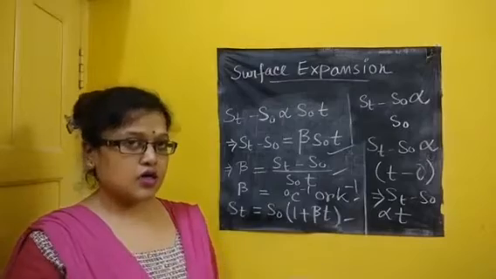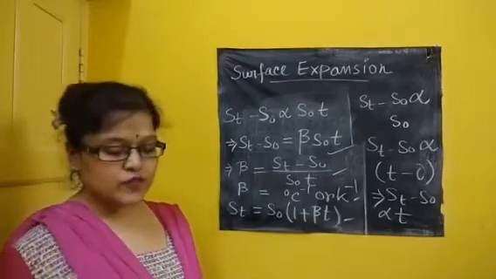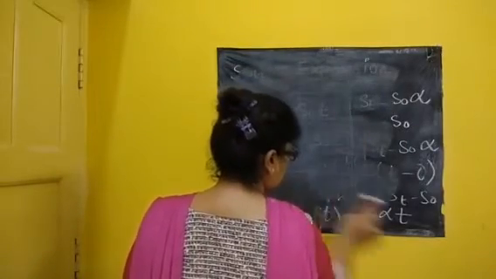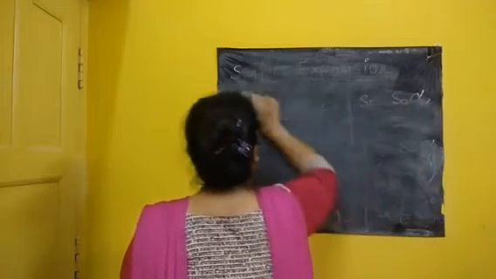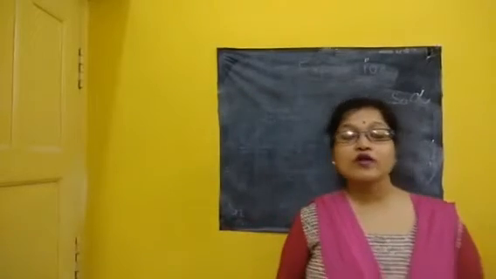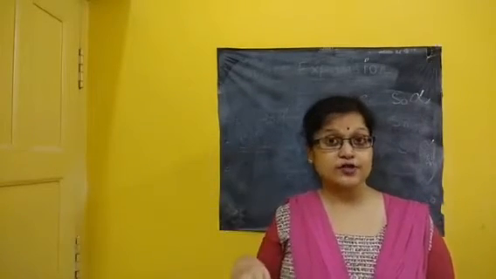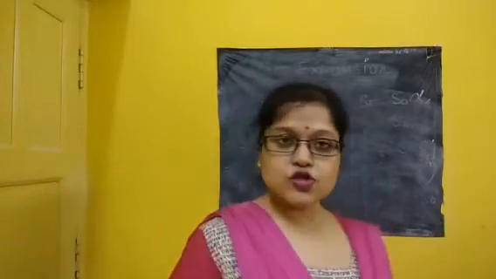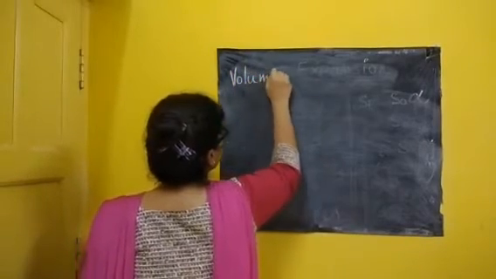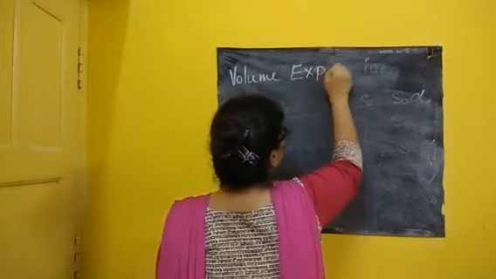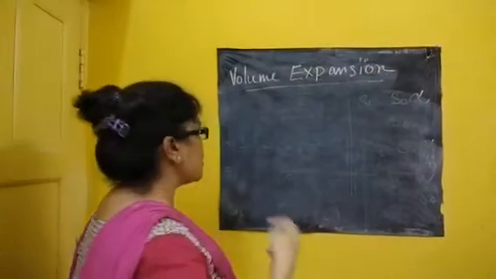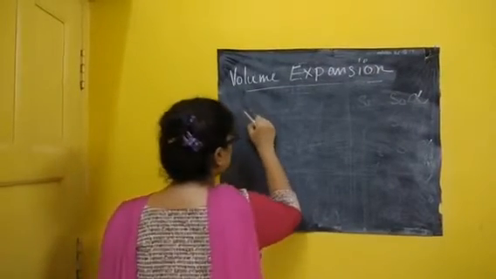Now it is the discussion of the volume expansion coefficient. Now you can ask me, since the whole volume is changing, why am I going for the discussion of linear expansion and surface expansion? I will explain later on. Let's go for the volume expansion coefficient, or cubical expansion. Suppose this is the object.